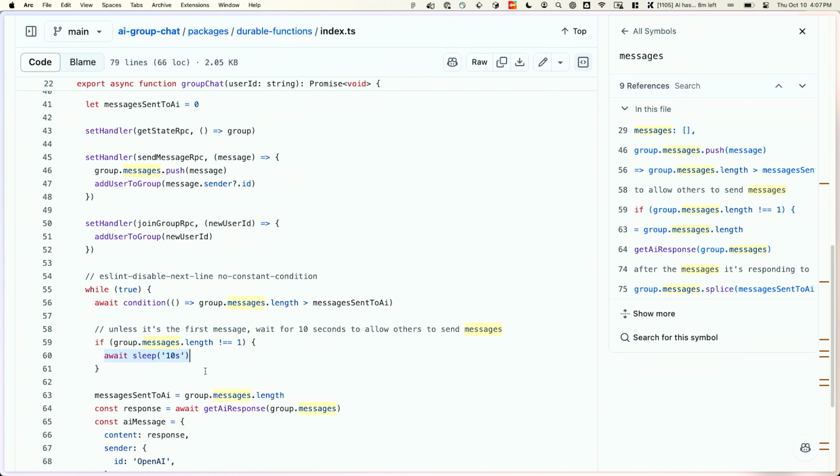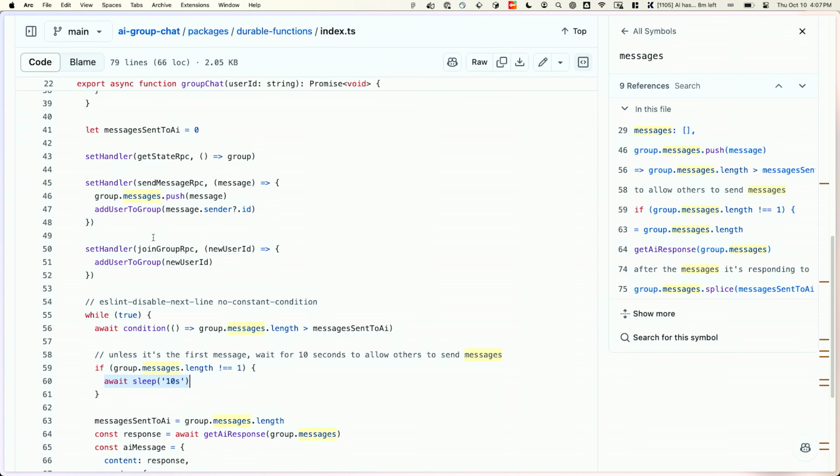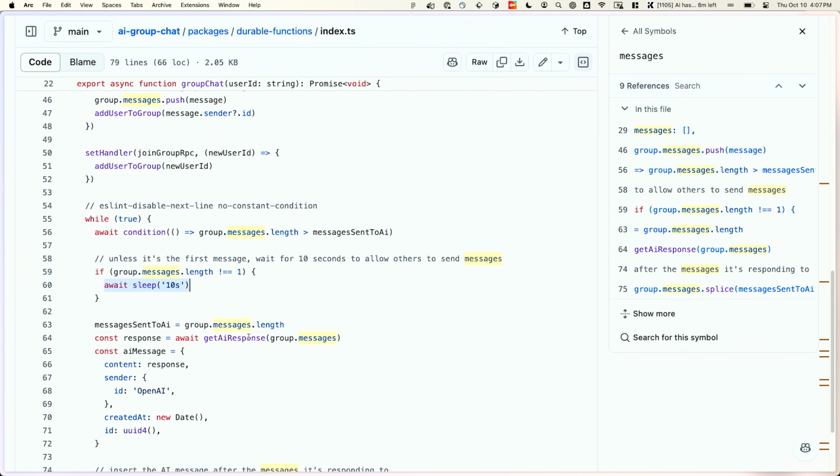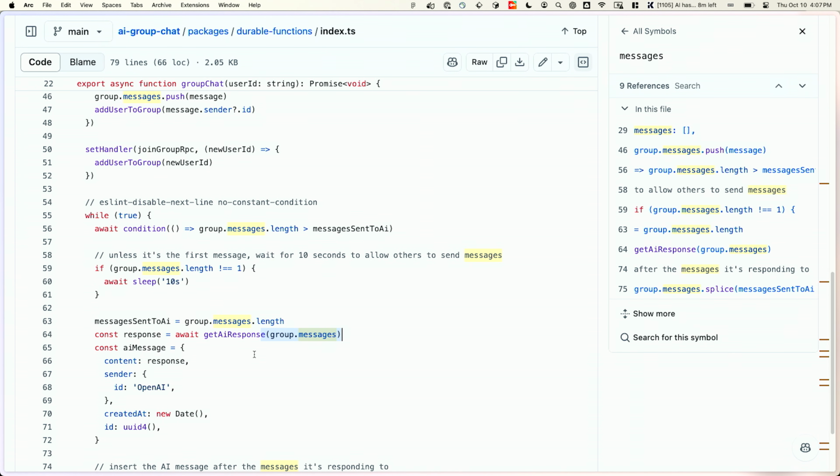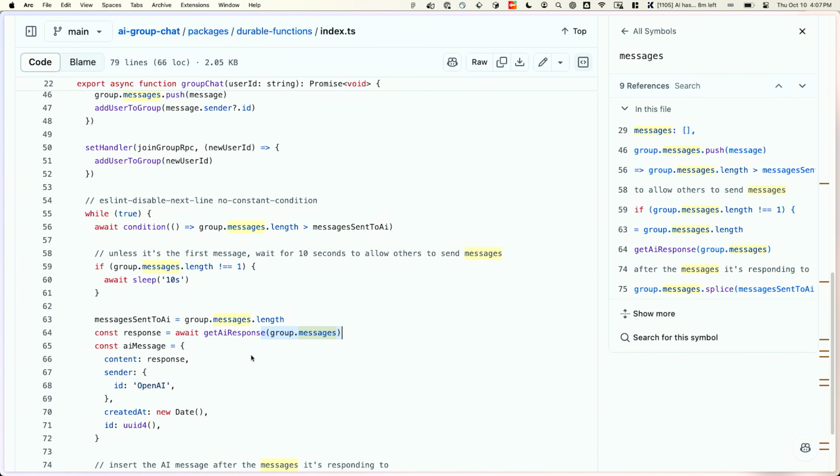And then maybe during those 10 seconds, some more messages have come. And so now this get AI response group.messages has a group, more than one to respond to. So some nice things about this are that